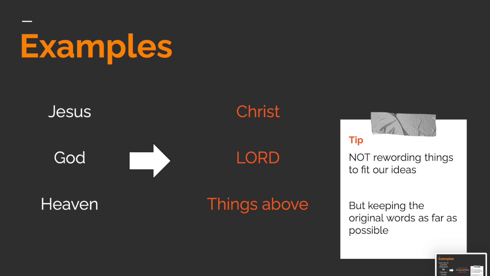You get the same thing with Lord. Lord is God's Old Testament personal covenant name to his people. You lose a lot of that when you squash it down to something more generic like God. We've looked at some examples in Colossians. Heaven is one way that we might talk about things above, but you lose some of the nuance of the passage and you bring in some of our contemporary ideas about clouds and stuff. So it's just a helpful rule: as much as possible, use the language the passage uses.